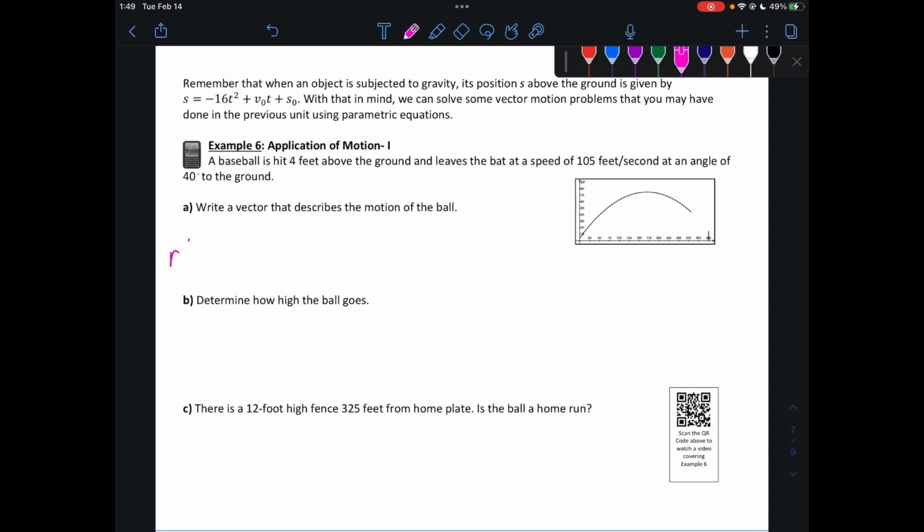All right, so we have r of t equals, well, its x coordinate is just going to be 105. Well, actually, I'm going to write it as 105 cosine 40 t. Make sure the 40 is in parentheses, the t is not. So 105 cosine 40 t i plus -16t squared plus 105 sine 40 t plus 4